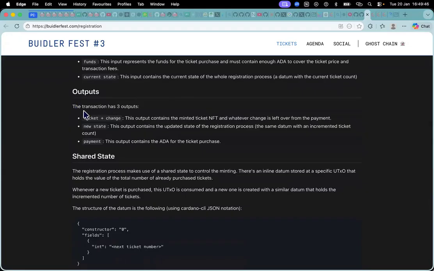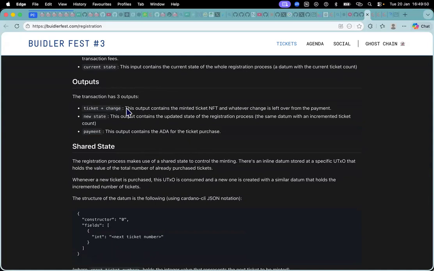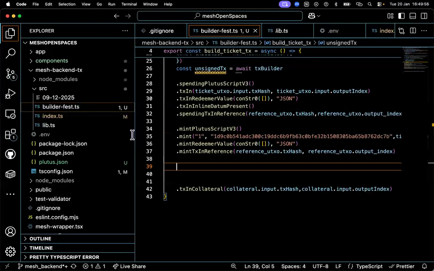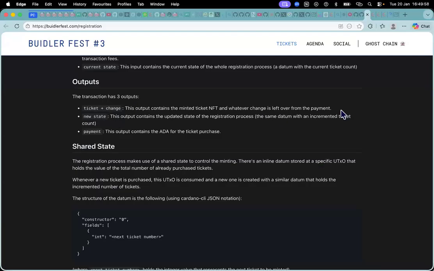Now let's come to defining our output, which is the ticket plus change, new states, and the payments. The output contains the minted NFT and change. The output contains the updated datum and registration datum with updated state.